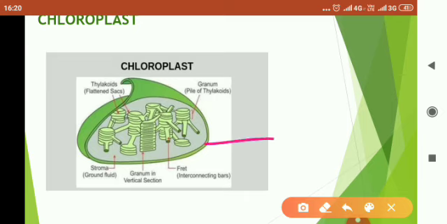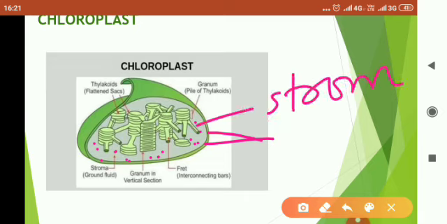मैंने दो membranes आपको बता दी हैं, outer and the inner membrane. After that, the ground substance, the gray color area, you can see here I am doing a dot. This gray color area is called as stroma. Now stroma is the ground substance, the ground fluid containing DNA, ribosomes and many other things. I will tell you the function of stroma later.